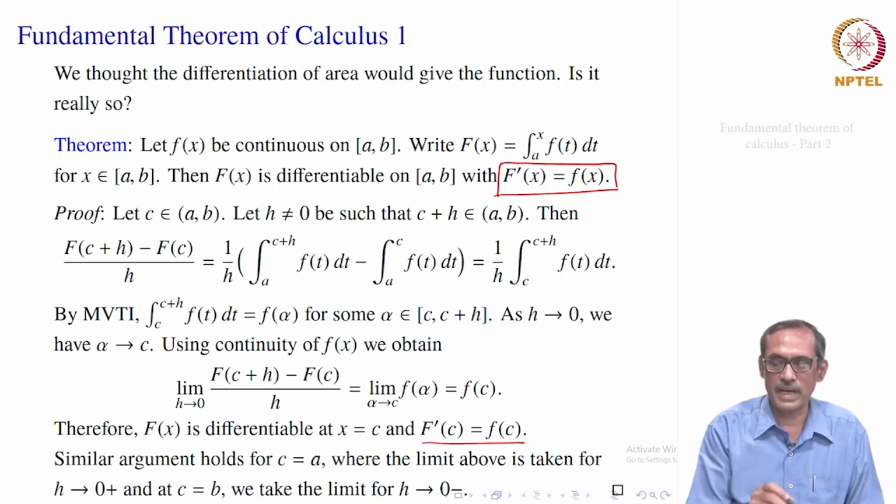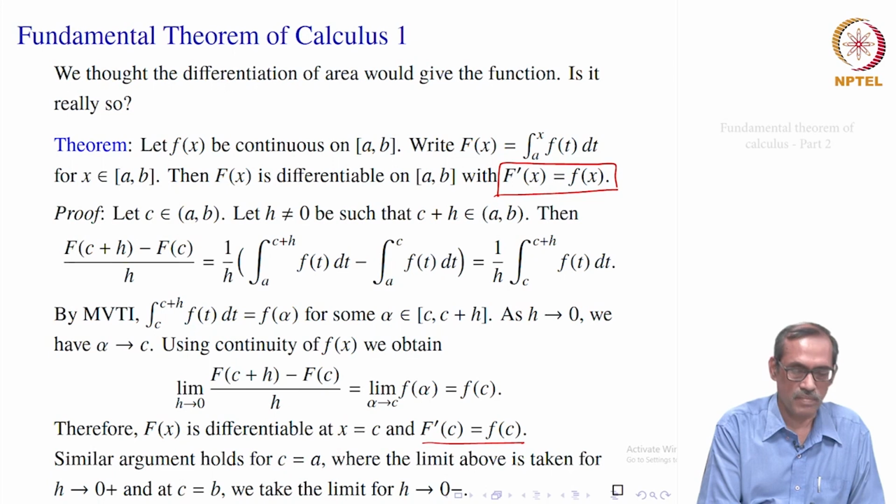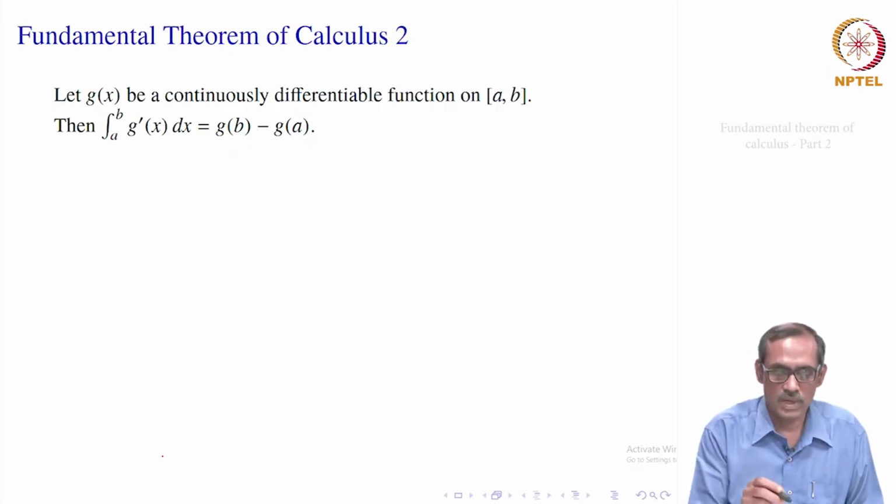So, this is only one side of the inverse process as we have thought. That is, if you have f of t as a continuous function, this particular F you would define, then its derivative will be equal to f of x. So, derivative of the integral equals the function, that is what basically it says. Okay. Let us see the other process, that the integral of the derivative should be equal to that function also. So, let us formulate it first.